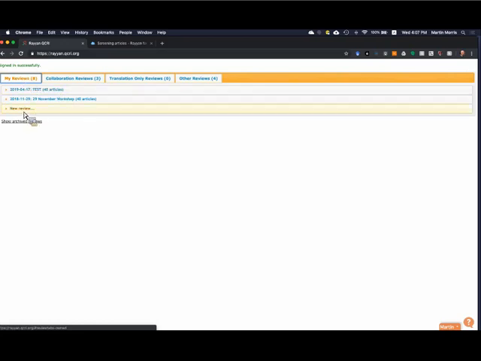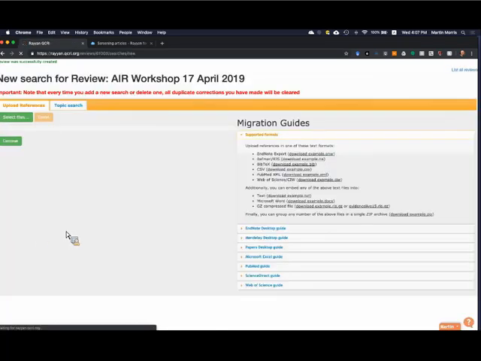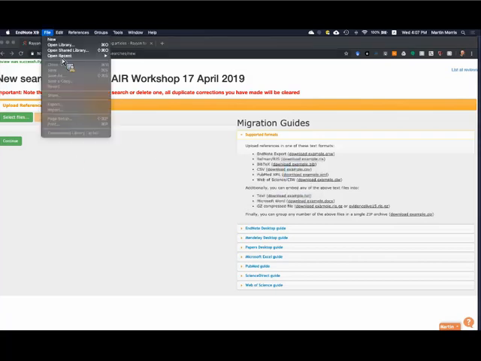So I'm going to create a review first of all, which is done by new review. The description is optional but could be useful. And then at this point, I press create. And at this point, you can then see these are the different types of file that Rayyan will accept. And I have previously created an EndNote export, but as a tip,